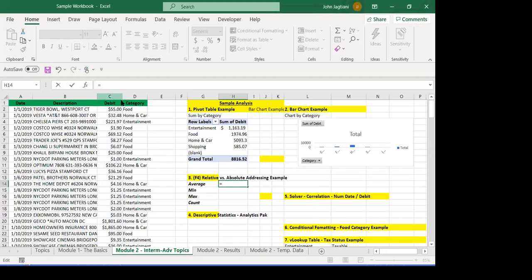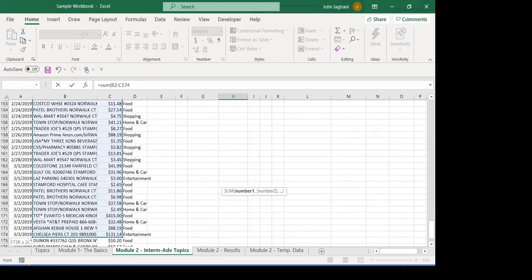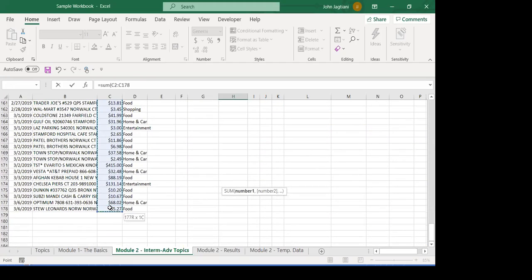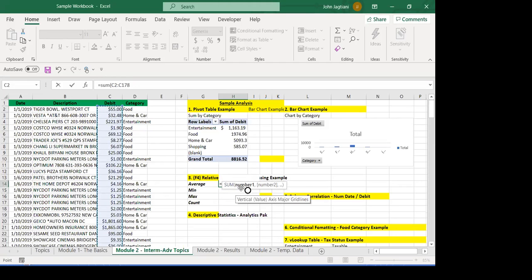I want to do a sum of all of these. A sum is a function, okay? And then I want to take a sum of all of these values, okay? Sum, actually I can just do sum open and then I can select that entire column. Okay, that adds up all of those